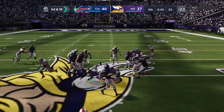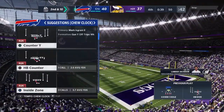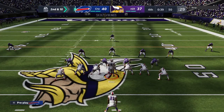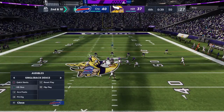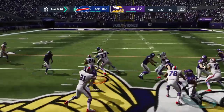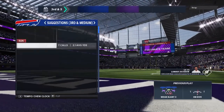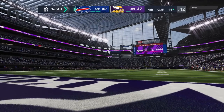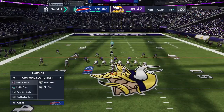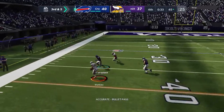They run. It's Mark Ingram. And he's going to be met at the line of scrimmage and taken down. The Vikings going to signal for the first of their timeouts as they stop it here with just under 40 seconds to go in the game. Another running situation on the doorstep as they come up 2nd and 10. 5 yards. Now it's 3rd and 5. Now the Vikings will use the second of their timeouts as the clock will stop with 35 seconds left to go. Romo. And this is